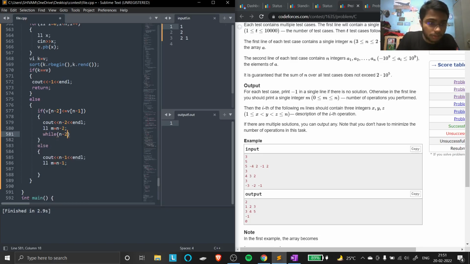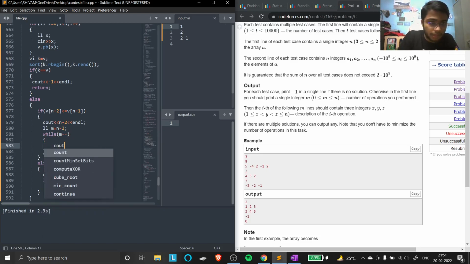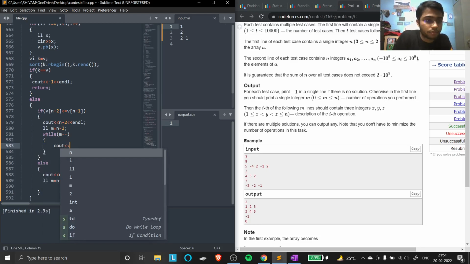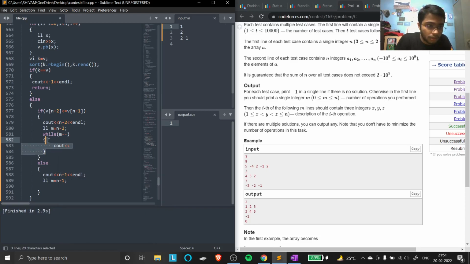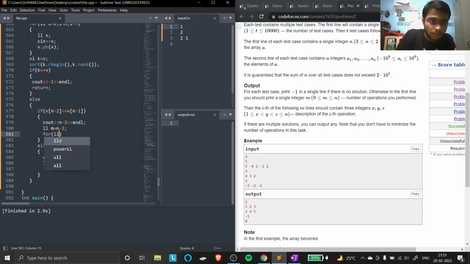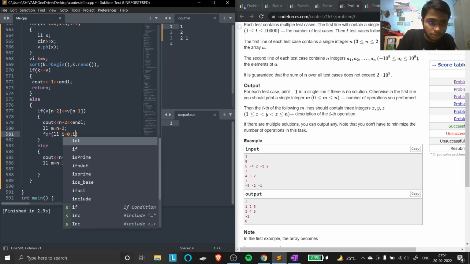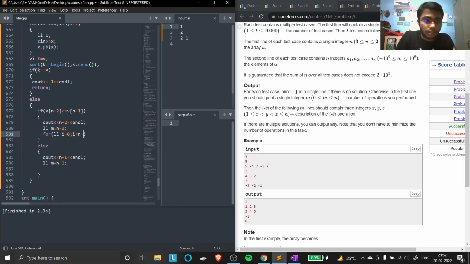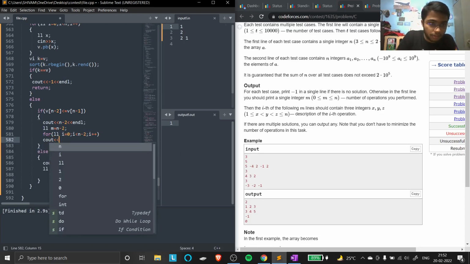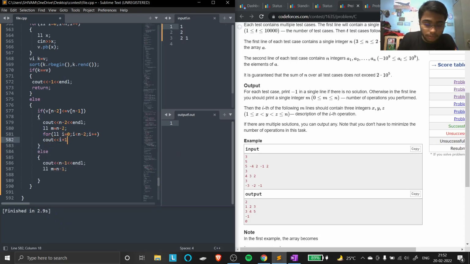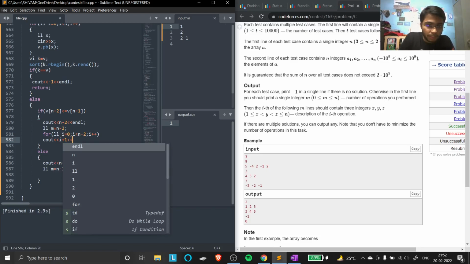N minus 2, in which what we are going to do is every time I'm going to print, or we can use this for loop, i equal to 0 to i less than n minus 2, i plus plus. So here I'm going to print c of i plus, then I'm going to print n minus 1,